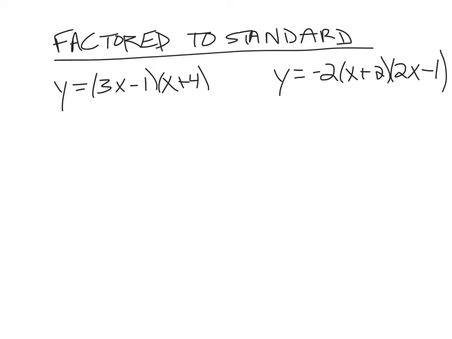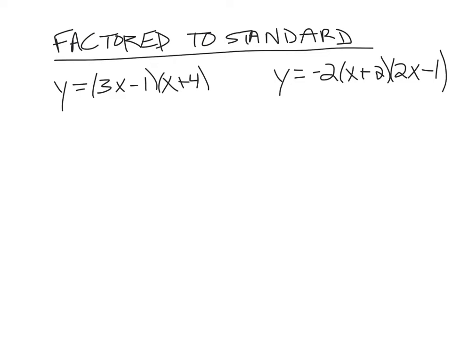So far we've talked about the three different forms of a quadratic: factored or intercept form, standard form, and vertex form. And we've talked about them in relationship to the graphs and what they showed. Factored and intercept form show the x-intercepts, standard form shows the y-intercept, and vertex form obviously shows the vertex. But sometimes it's helpful to convert from one form to another algebraically, which is what we're going to look at